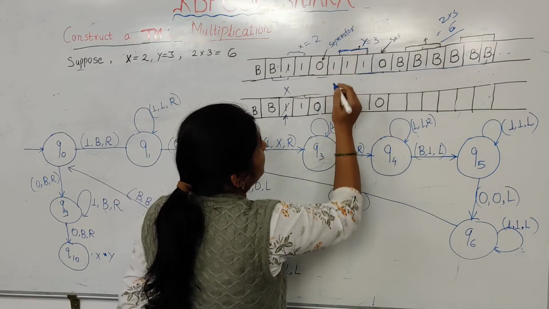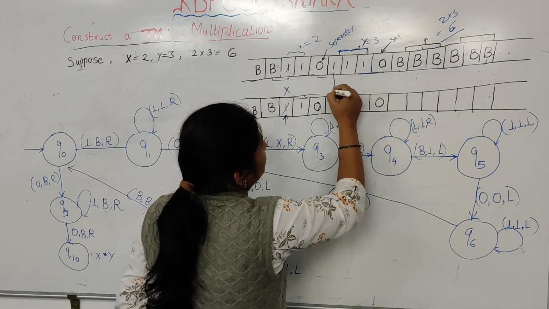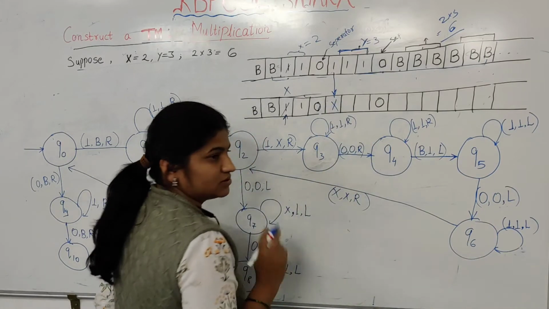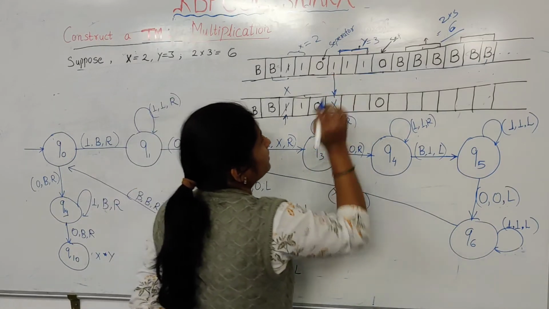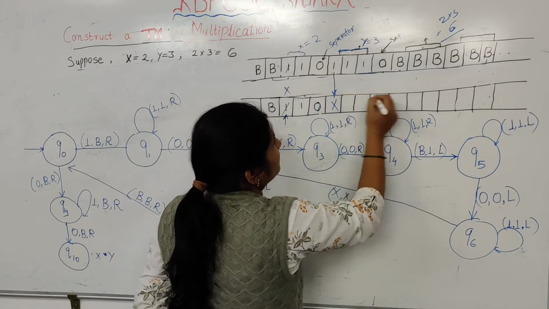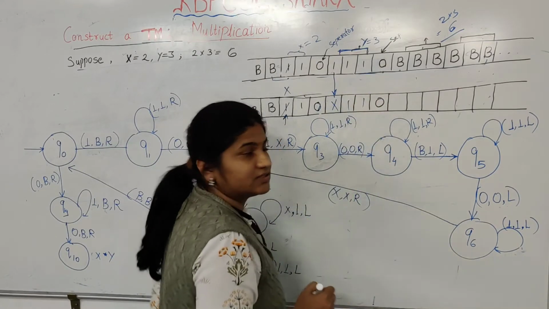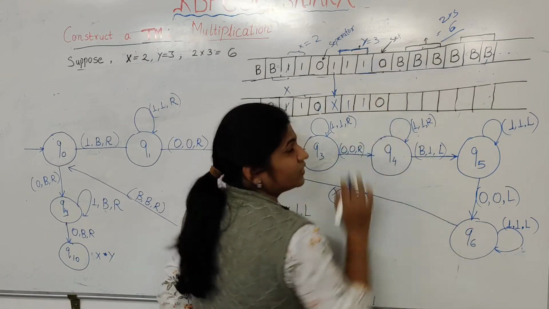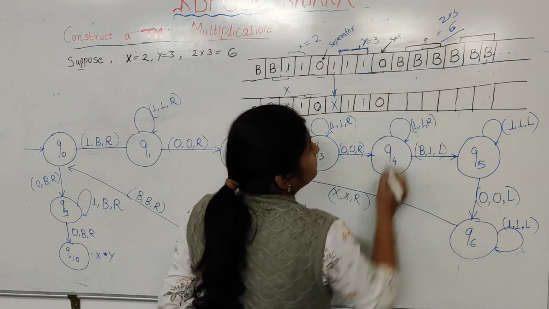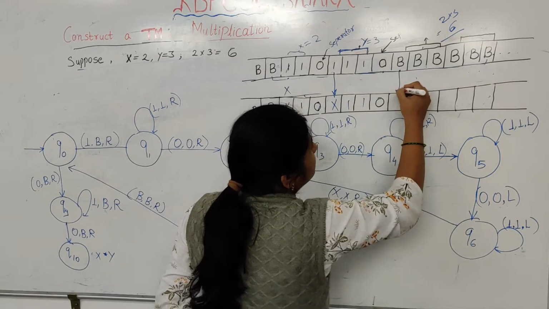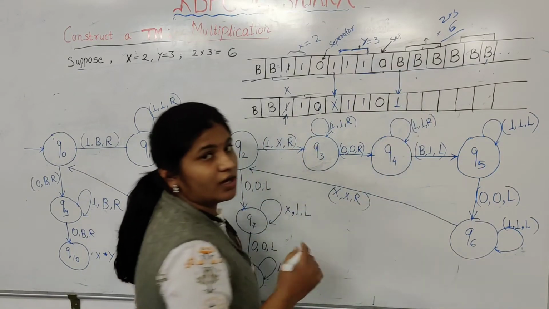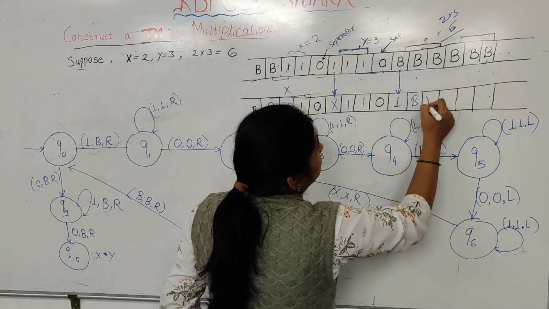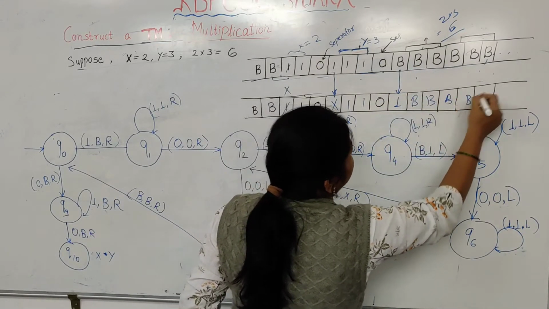When you encounter the first 1, you have to write it as x. Remember this. Then all the remaining ones you keep as they are, with no change. If the separator comes, you keep it as it is. When you encounter the first b, this b will be changed again into 1. The other b's remain as they are, with no change.